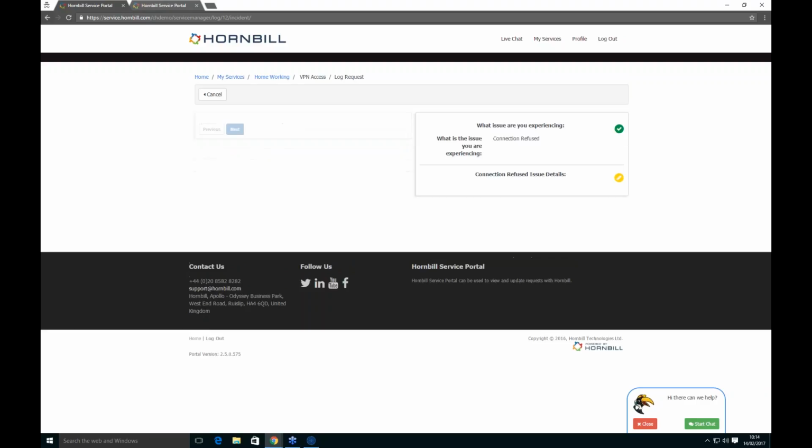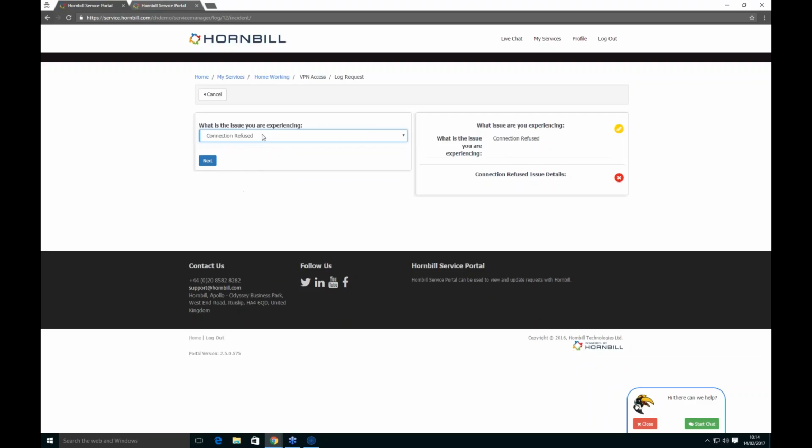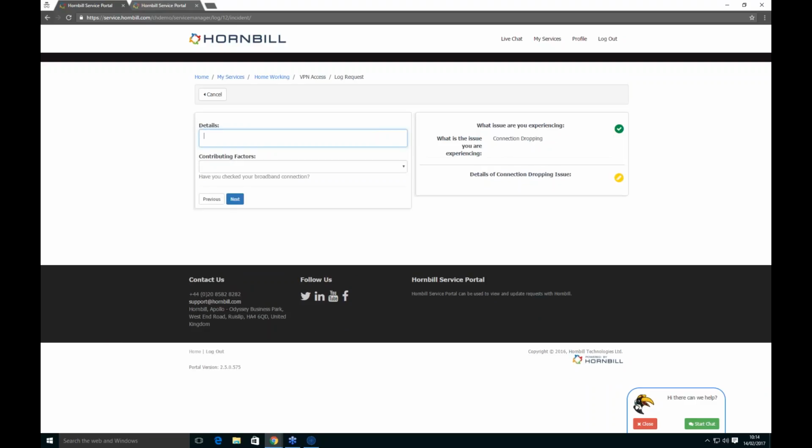So for that, this first one, if I say connection refused, we're asked, do you have internet access? What error message are you seeing, and any supporting information? We have a breadcrumb trail on the right-hand side, so we can see what's been asked and what's been answered. If I go back and select the other option, connection dropping, we're asked a different set of questions. So if I go through this,